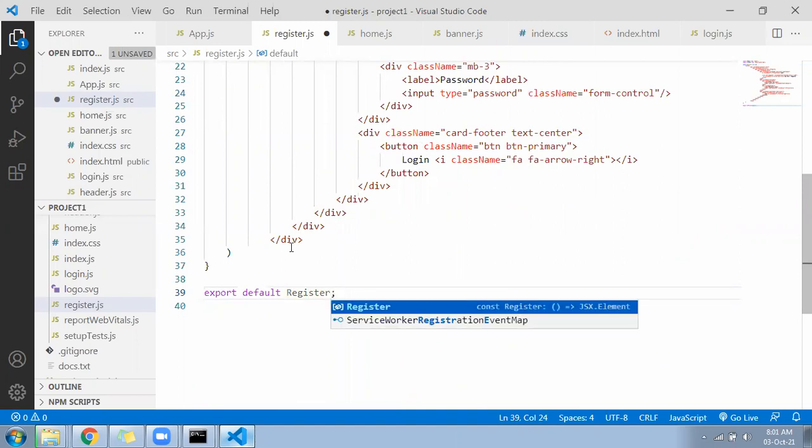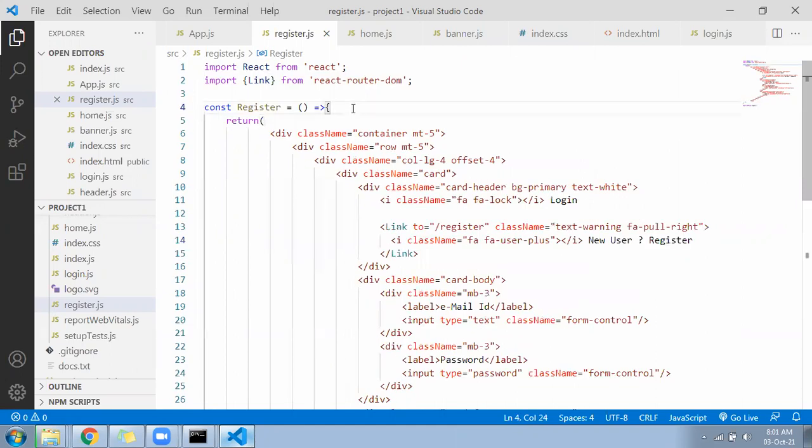These two things you can complete first. Okay, done that part. Come down.